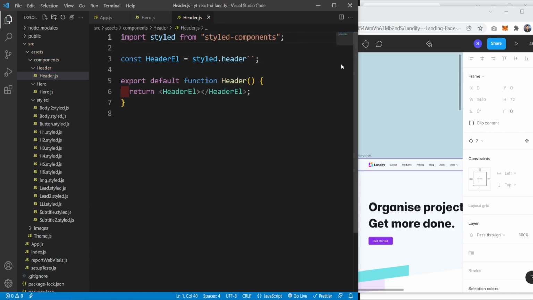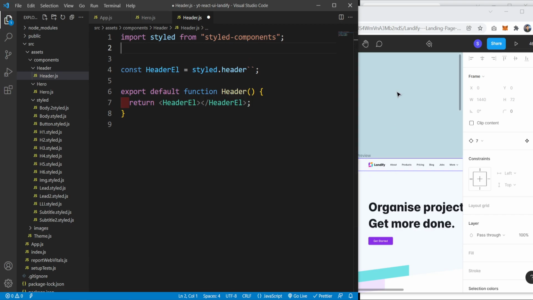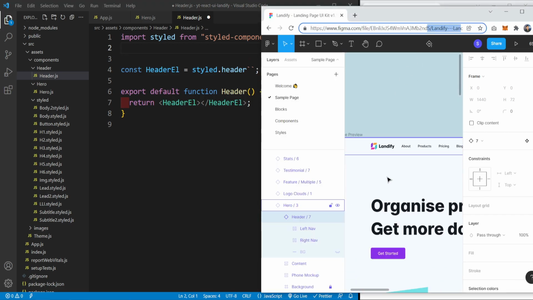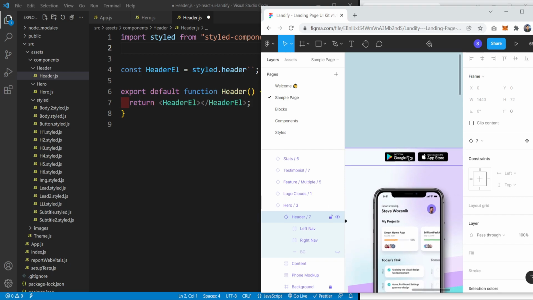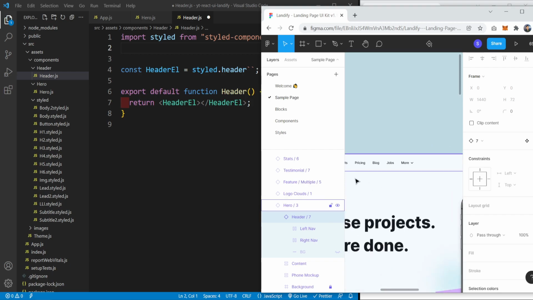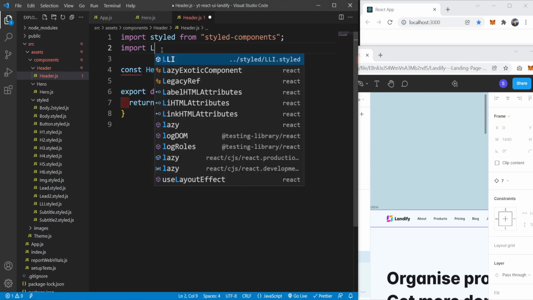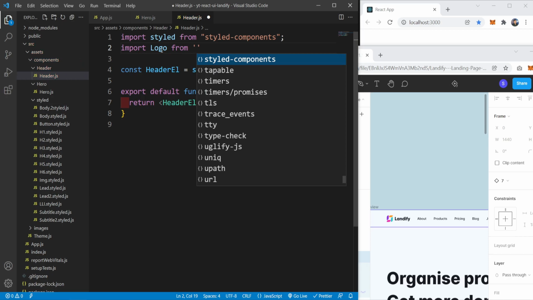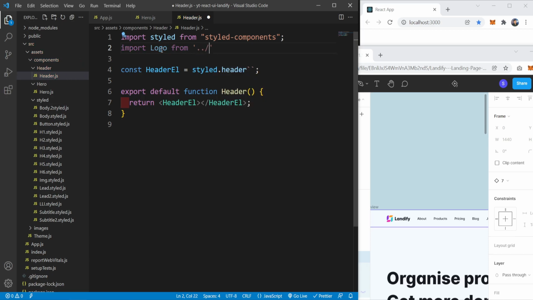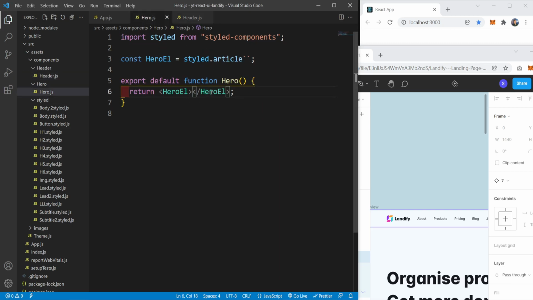For the header we need some icons. As you can see in here, we need the logo. Let me zoom in. We need the logo, and we need these to get the app images. So in order to do that, I will import them. Import logo from this folder, images, and it's going to be dark logo.svg. We save it,